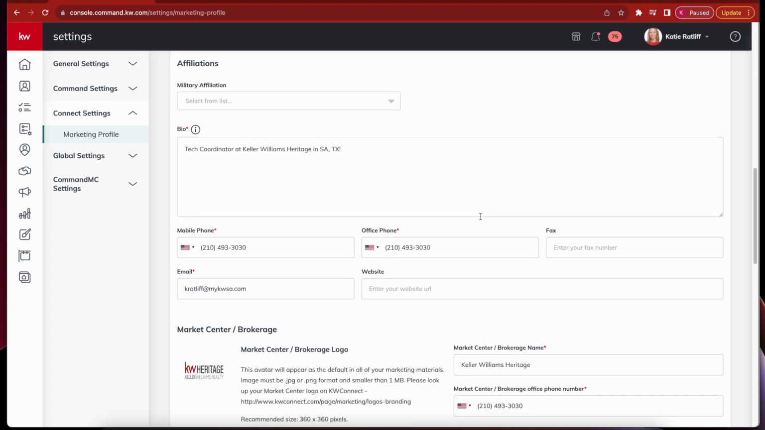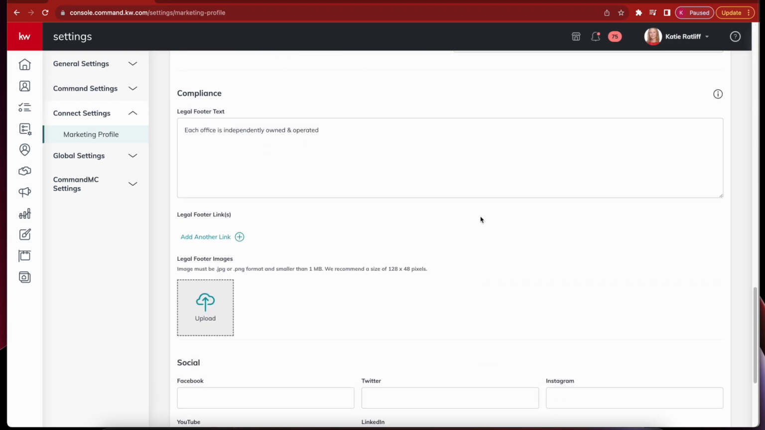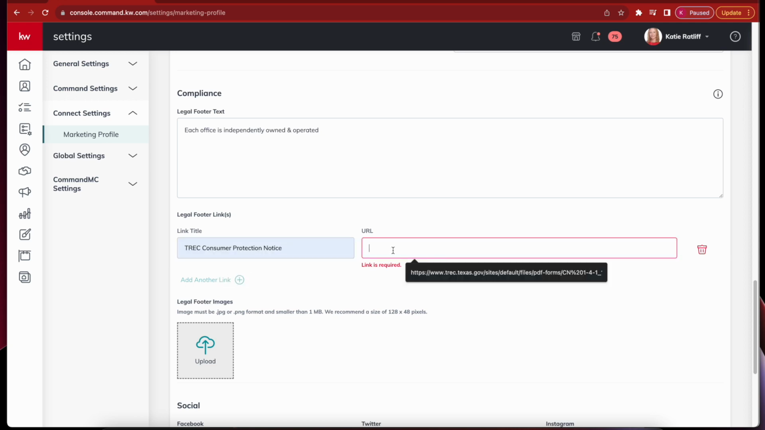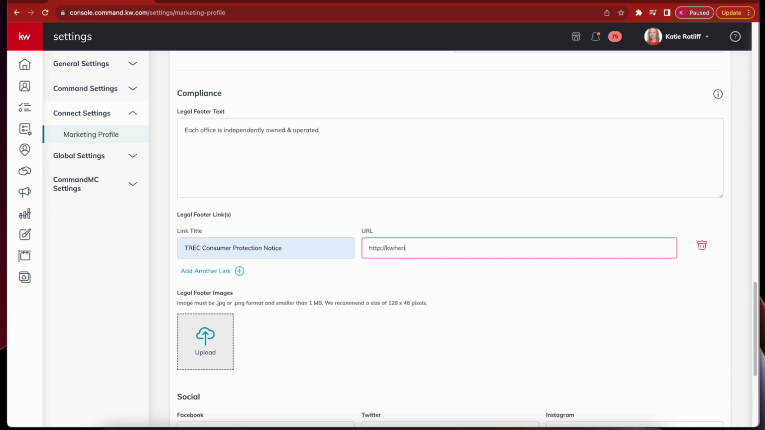Towards the bottom, there is going to be a section labeled compliance, and it is going to have the option for you to put your legal footer links in here. Again, you do need both your IABS and your CPN form in here. If you already have them, then you can just replace the old CPN link. If yours is blank like mine is, then make sure that the link is titled TREC Consumer Protection Notice, and the URL is the new one, which is the KW Heritage